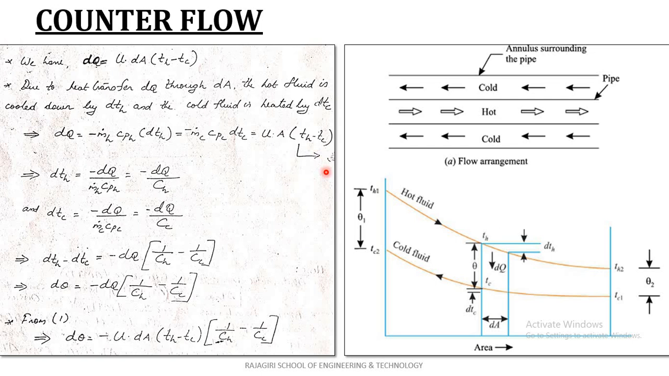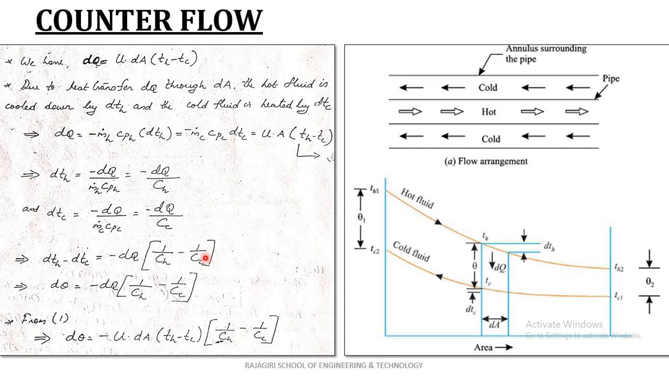Okay, this is equation number 1. Now from this equation, find out dTh is equal to minus dQ by mhCph, represented with minus dQ by Ch. And dTc is equal to minus dQ by Cc. Now perform the operation dTh minus dTc is equal to minus dQ (1 by Ch